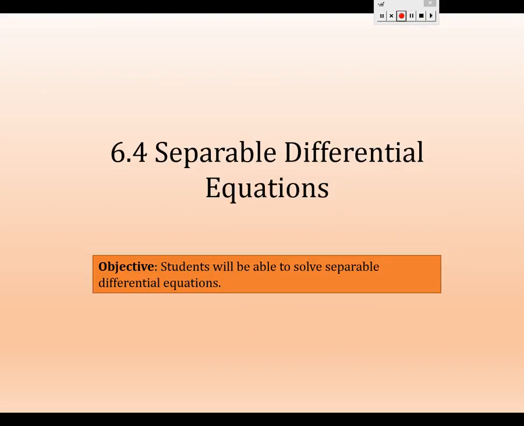IVPs, initial value problems, because we'd like to. Initial value problems will always be with us from here on out. It's just the differential equations might get a little trickier. Right now, the only kind of differential equation you've seen is one of the form dy/dx equals some function